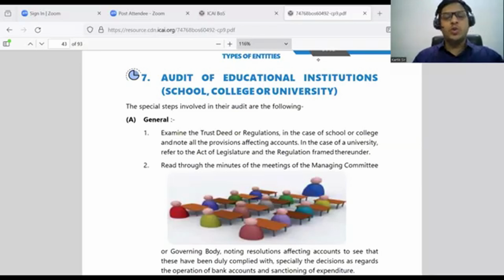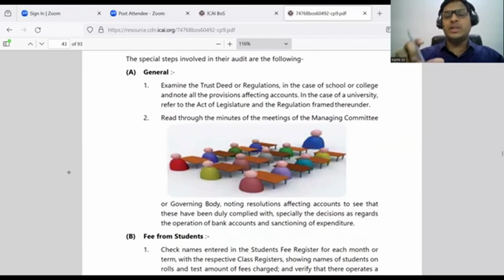Now everyone, we are doing something in relation to audit of education institutions. That is जिसमें आएगा स्कूल, कॉलेज और यूनिवर्सिटी, ठीक है? इसमें इधर से डायरेक्टली आंसर करते हैं. फर्स्ट, अगर आपको एग्जाम में जनरल वाला पॉइंट आ गया, सो यू हैव टू रिमेंबर एग्जामिनेशन ऑफ ट्रस्ट डीड और रेगुलेशंस और इन रिलेशन टू एनी लेजिस्लेचर मतलब एनी लॉ अंडर विच द एजुकेशन इंस्टीट्यूशन इज सेट अप. Second आएगा यहाँ पे the minutes of meeting of the managing committee in relation to whatever resolutions they have passed. So on day-to-day basis, we'll check the minutes of meeting of the managing committee of the school, college or the university. ठीक है? तो जनरल में ये तो पॉइंट्स कवर होंगे यहाँ पे. तो पहला आएगा ट्रस्ट डीड और रेगुलेशन, सेकंड आएगा यहाँ पे मिनट्स ऑफ मीटिंग. दिस यू हैव टू रिमेंबर.